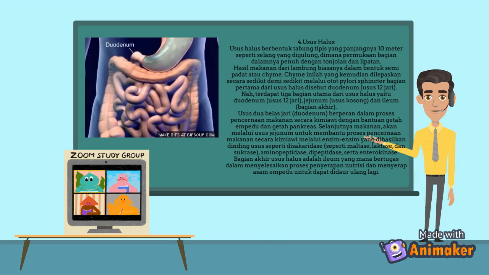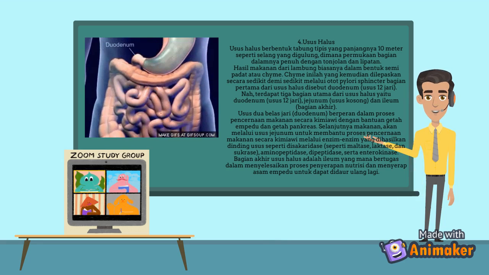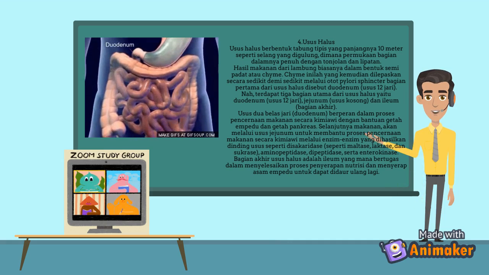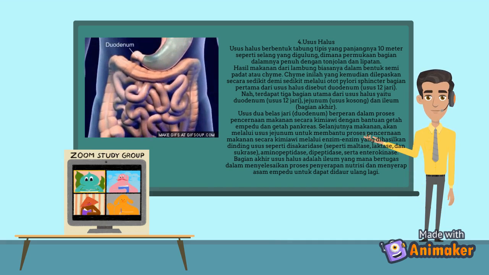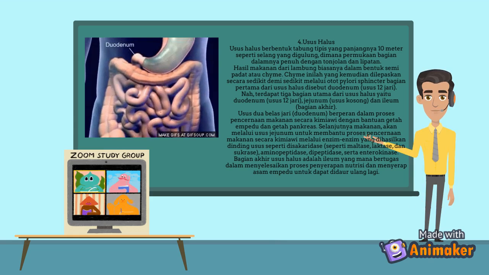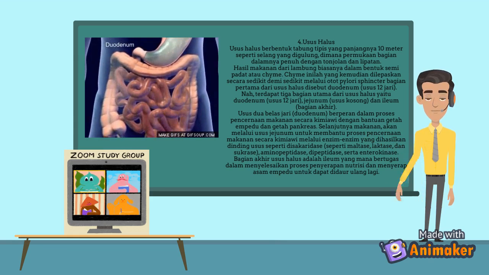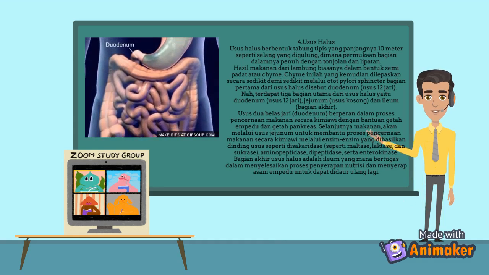4. Small intestine. The small intestine is shaped like a thin tube 10 meters long like a coiled tube, where the inner surface is full of protrusions and folds. The food product from the stomach is usually in the semi-solid form or chyme. This chyme is then released gradually through the pylori sphincter muscle. The first part of the small intestine is called the duodenum, 12-finger intestine. Well, there are 3 main parts of the small intestine, namely the duodenum, 12-finger intestine, jejunum, empty intestine, and ileum,